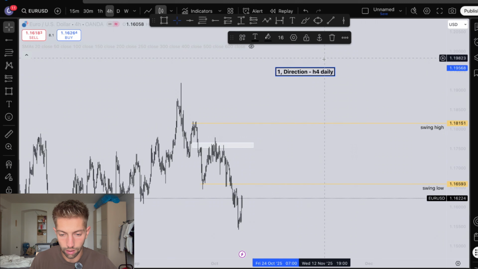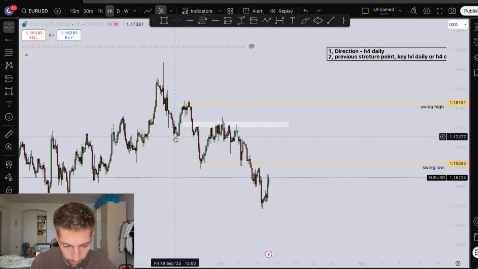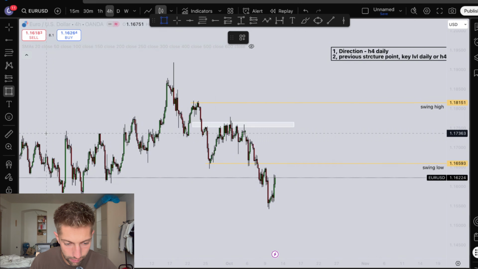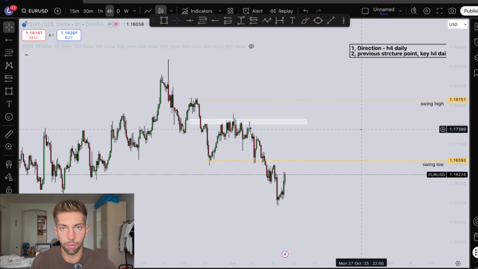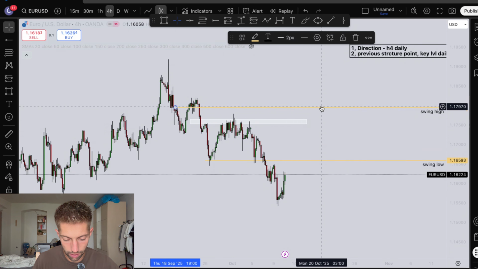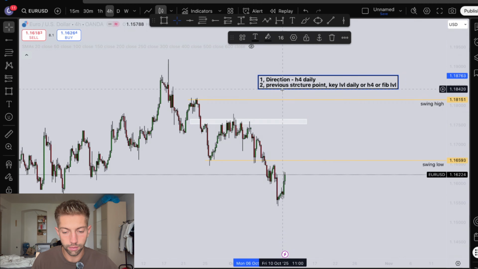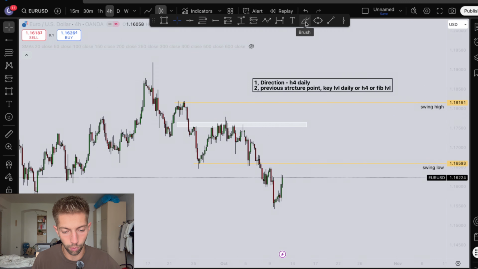Okay, so these are the types of key levels: either previous market structure point, which was here but price broke under, or some type of a resistance from the past, which this kind of works, or Fibonacci level. So in this case I use this Fibonacci level, and as you can see, price stopped there and started to range. And that brings me to my third point, which is the most important point for me to be able